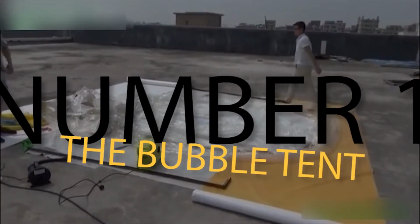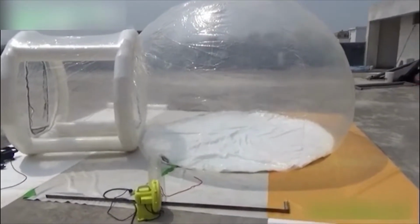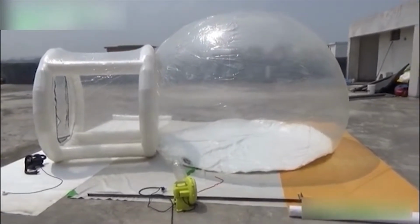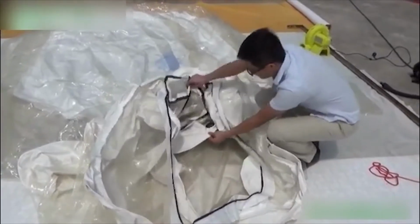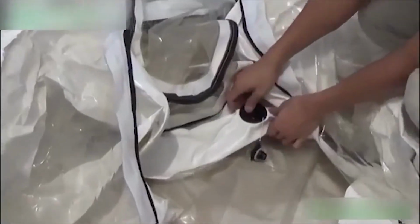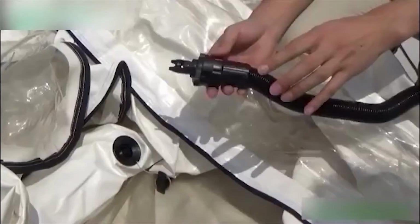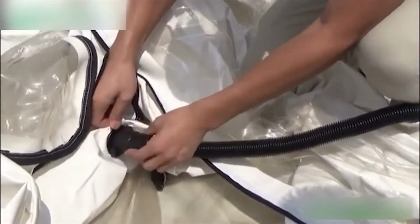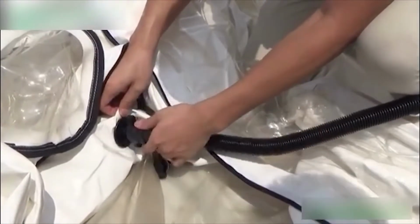And number 1, the bubble tent. There are many different versions of the bubble tent out there in the world right now, but they all have the same functions. Mainly, that unlike regular tents that have cloth or tarps that obstruct your view of the outside world, the bubble tents are completely transparent, thus allowing you to see everything that is going on in the outside